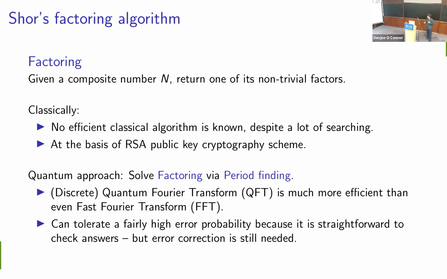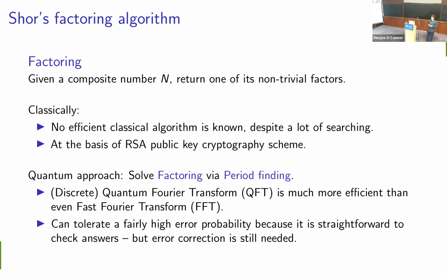So the other thing I wanted to say about this factoring, one of the advantages of it is, it's a discrete algorithm, so it really wants to work with bit values. But it can also tolerate a reasonably high probability of error because we have a straightforward way of checking answers, right? If the algorithm spits out some number A, I can see whether A divides n without remainder, and that's something that, again, I can do efficiently. And if there is a non-zero remainder, I know it wasn't actually a factor, there was an error. And if it does divide it, then I can be sure that I have found a factor.